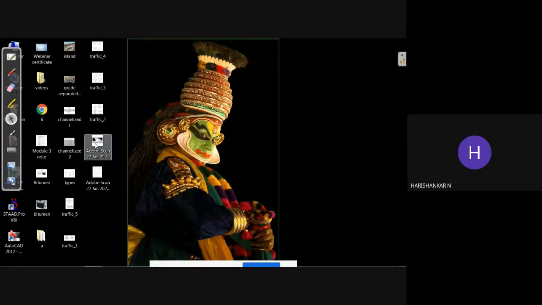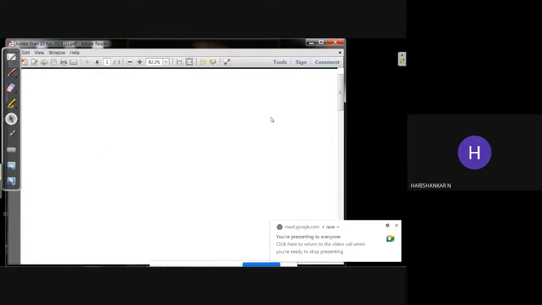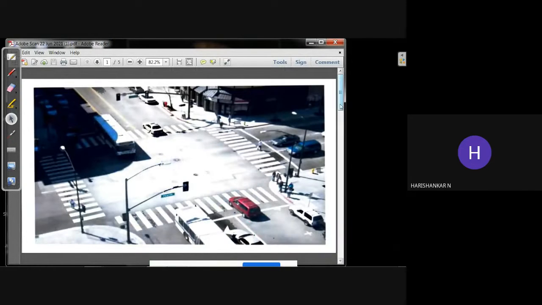So I have shared the images of all these. During the last class we have seen it is an intersection, and it's an at-grade intersection. So here you can see